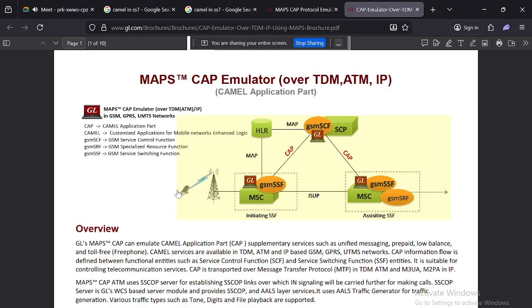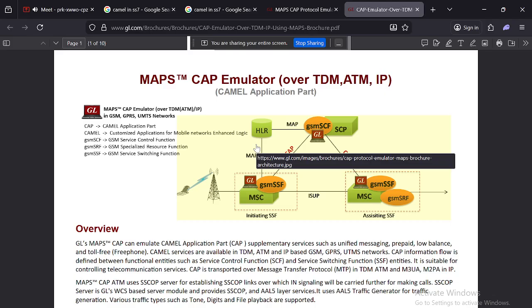And CAMEL uses main network elements like GMSCs, gateway MSCs, the end point of calls, and VMSC, a visited MSC, which serves roaming subscribers. Also HSS or HLR, which holds the home location register, the home network and everything, and CAP, CAMEL application part, will look at this as well.